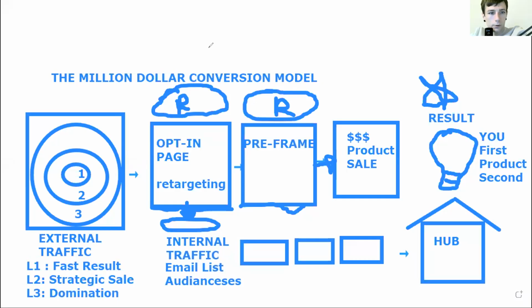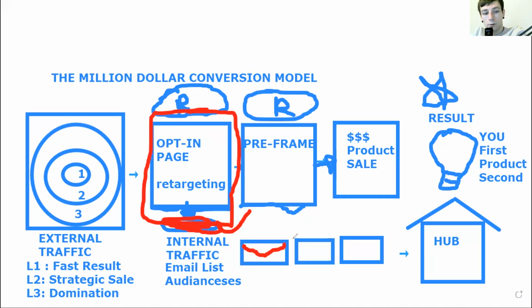This is this part. So this is this part here of the $1 million conversion model. And then I showed you me creating that list where we're going to integrate it. I showed you kind of the idea of how to integrate that. So now you can start sending either broadcast emails if you want for free, or automated emails. And an autoresponder is a very inexpensive tool to build an internet business.